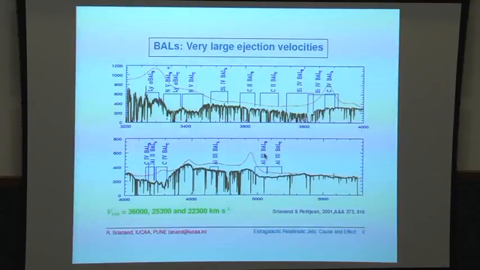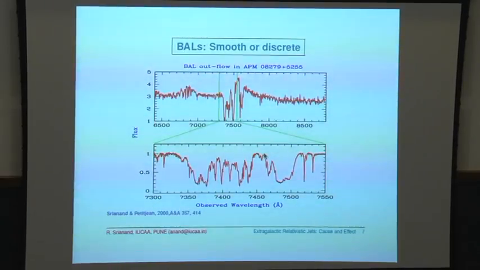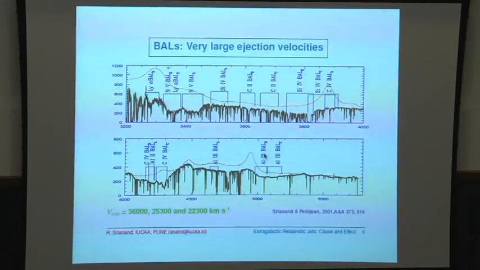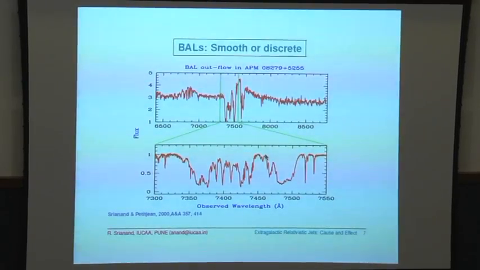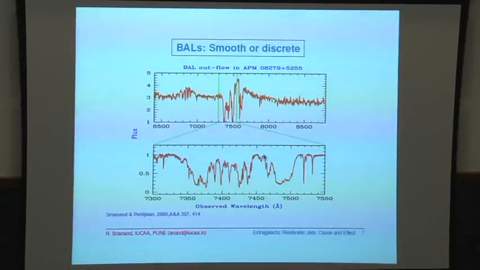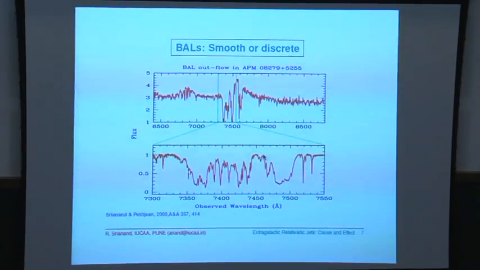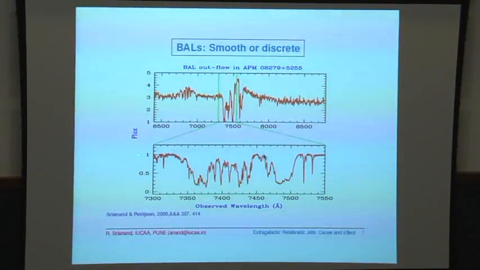This gas is actually at the redshift of the quasar, but it is shown at a much lower redshift because of the very large ejection velocities towards us. I think this cannot come from any other thing, and you have to envisage that it is very close to the quasar, getting accelerated to much larger velocities. Of course, this is already a very high resolution spectrum. But in most cases, this is the typical spectrum you get from SDSS. And if you go and split it with an echelle spectrograph like VLT UVES,